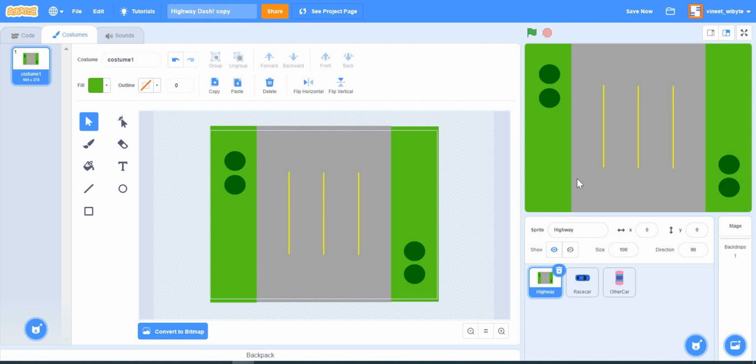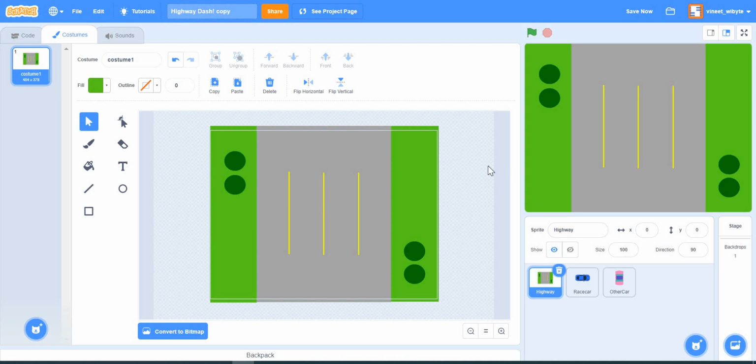So now we have got a sprite. Remember, we are calling it highway, right? Because that's what it is in our game. And this sprite is going to play the role of a backdrop, right? So like I said, backdrops can't scroll. It's a sprite that has to play that role. So this sprite here with the costume of highway is going to play the role of a backdrop. And in fact, it's going to do the scrolling for us, right? So how do I really make that happen is what we are going to see next, right?